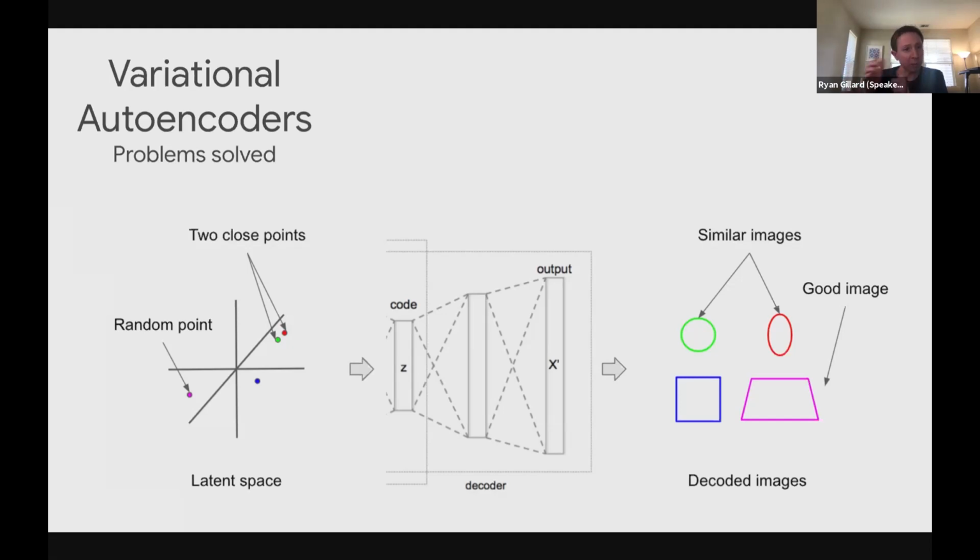So therefore, interpolation between points is now much easier, because now we can actually say, if I want to go between a circle and a square, I have those two points, and I know that nice little small steps between the two will get me something starting from a circle and slowly transforming into a square. So continuity is solved. Completeness is also solved by this, because now you can take a random point anywhere, and